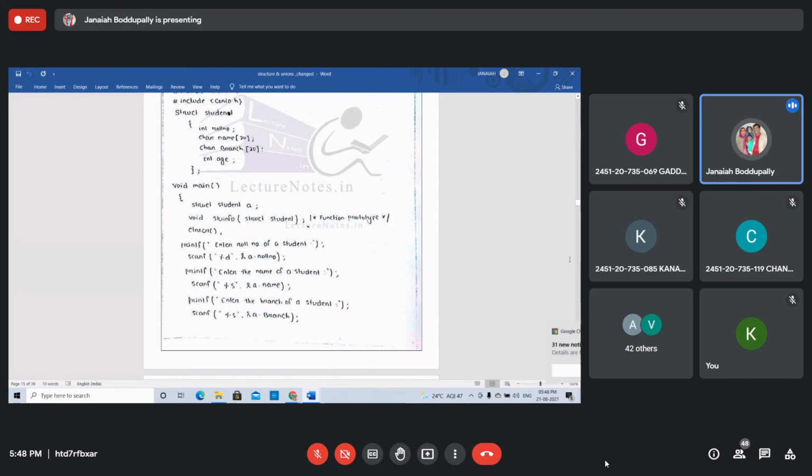Within the main function, if you want to pass individual members of a structure, you write it within the main. Right, students? Now the structure definition. But if you want to pass the entire structure, what should you do? Write the structure definition, the declaration, then in the main, struct student A, the declaration of the structure variable. Now call the function. The function product will be written within the main function. This is the same as the previous one.